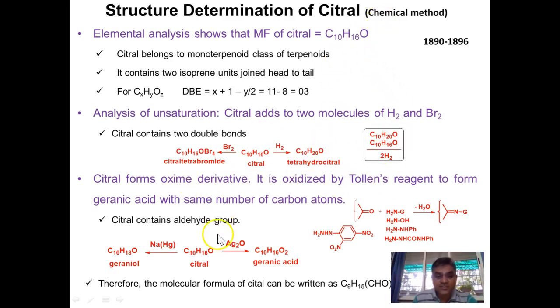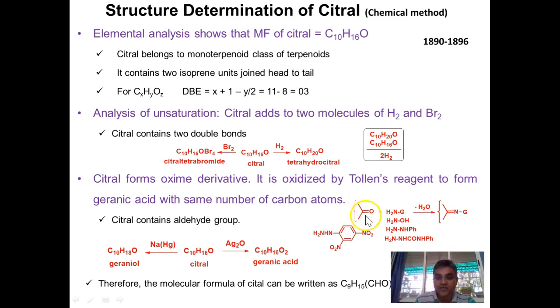For the nature of oxygen, two experiments have been performed. The first experiment is the reaction with hydroxylamine hydrochloride or 2,4-dinitrophenylhydrazine. In the case of citral, it is observed that it forms a phenylhydrazone derivative, or DNP derivative, or the oxime derivative. So whenever an aldehyde or a ketone is present in a terpenoid molecule, then this kind of experiment is routinely performed. If we get the oxime derivative or hydrazone derivative or a DNP derivative, it means that the citral molecule contains